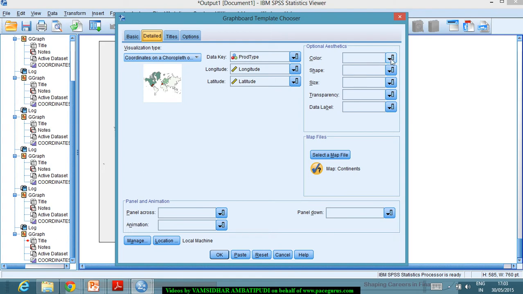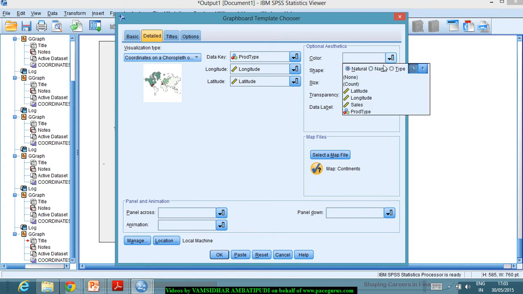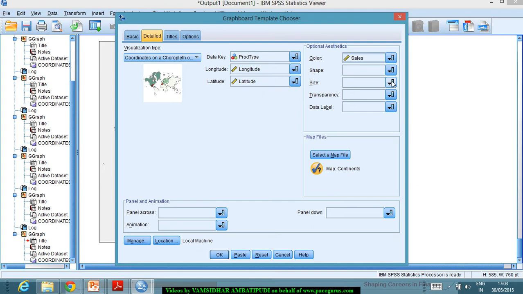Now I can show a different color based on the product type. Product type is the data key for me. So I can do a separation of the color. Again, I can do it on the sales. Shape, I can do it on the product type. Size, I can still do it on the sales. Now you could see,